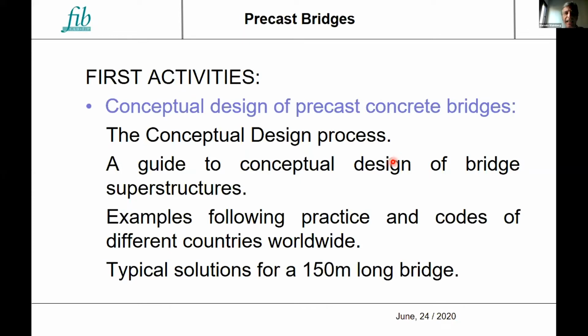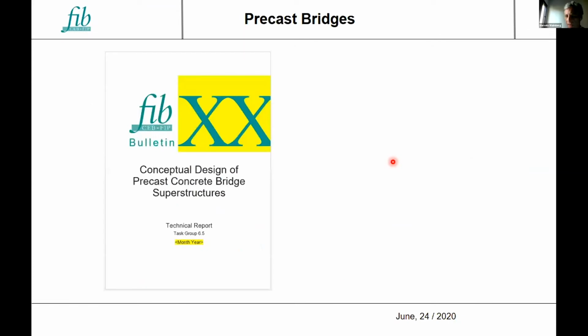The only constraint we had for preparing these examples, some of them real built ones, some theoretical, is that they all should cover a 150-meter long bridge, with various different aspects depending on the practice of each designer.